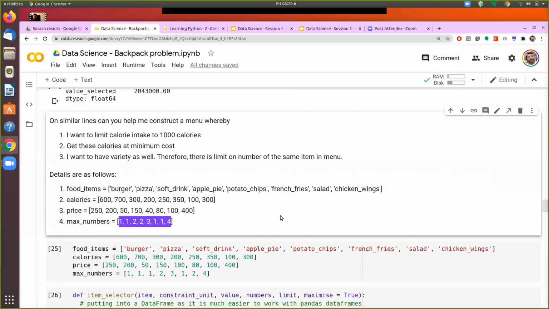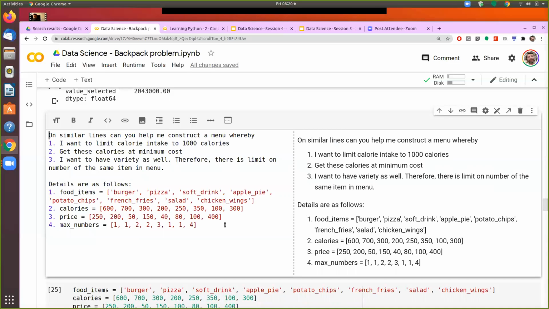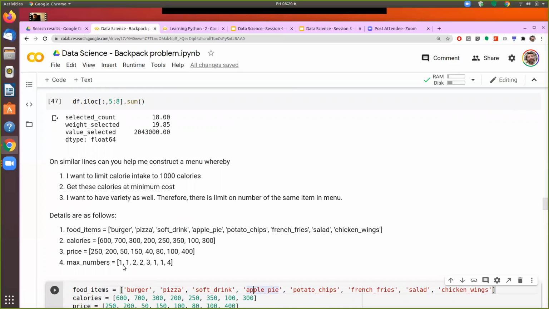In a single meal, maybe I can take 2 soft drinks, but I don't want to take 2 burgers. Since I like chicken wings, I can go up to 4 chicken wing plates in one meal. So here I'm just defining the total maximum number of each item that I can take in a single meal.